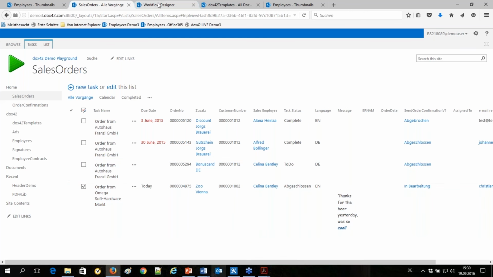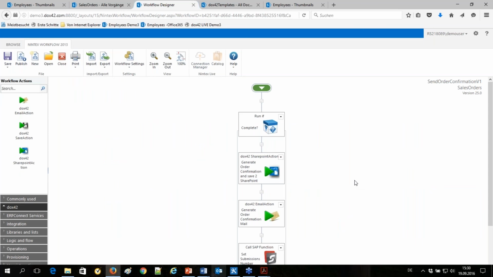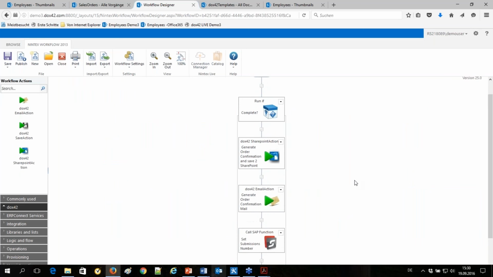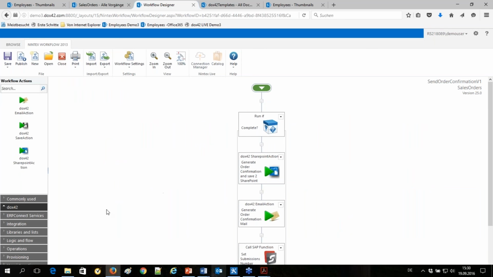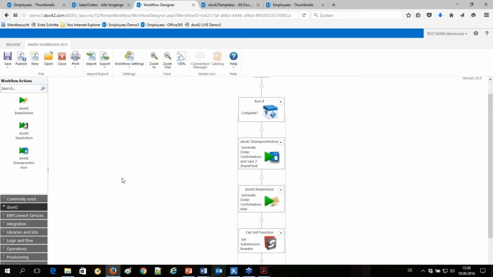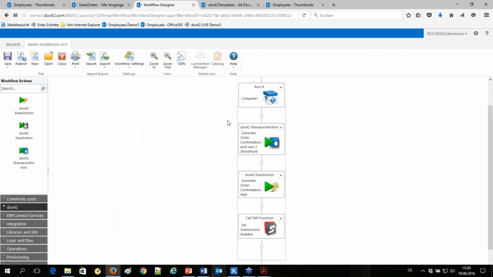This email was also made up with a DOCS42 template. Let's have a look at it. It's here, the order confirmation mail. Here it is. So, it's very simple. And it uses exactly the same data integration that the order confirmation is using.